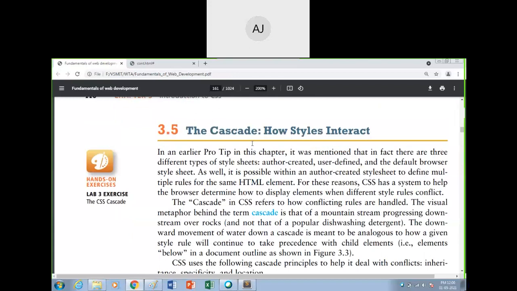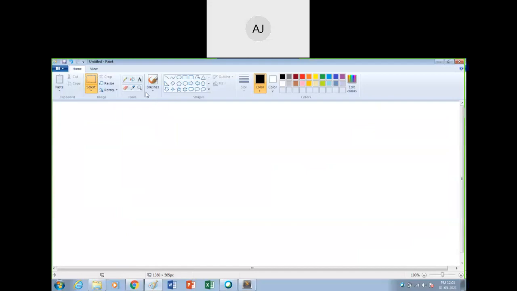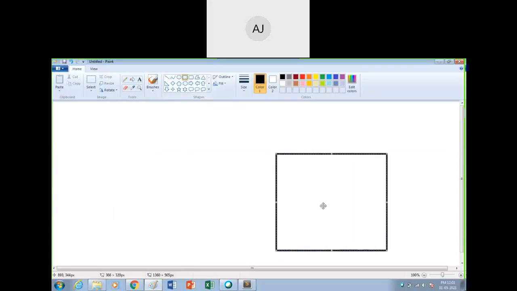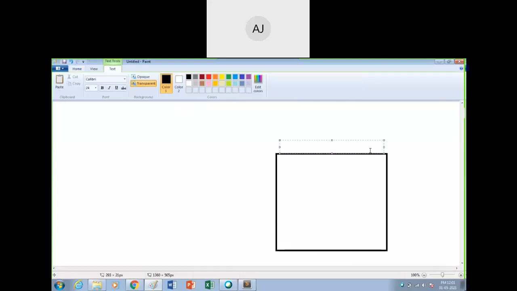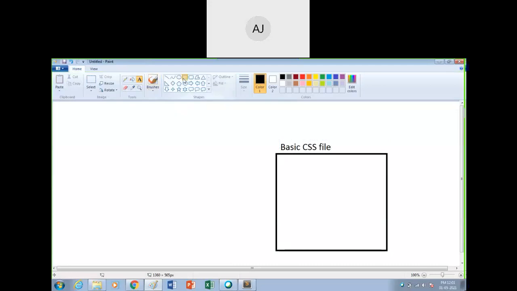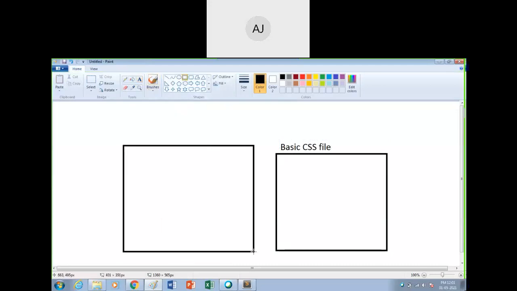For example, I will write here one of the basic CSS files, which will be used by all your HTML documents. So here you have an HTML document.